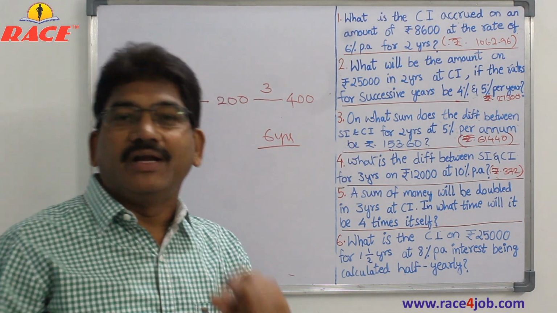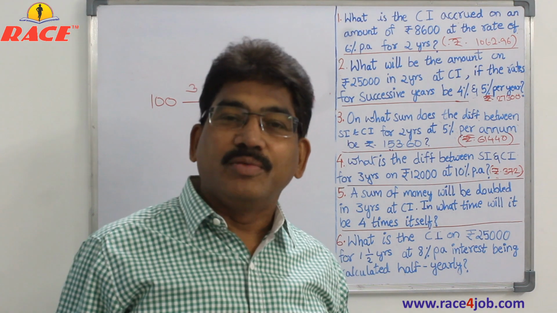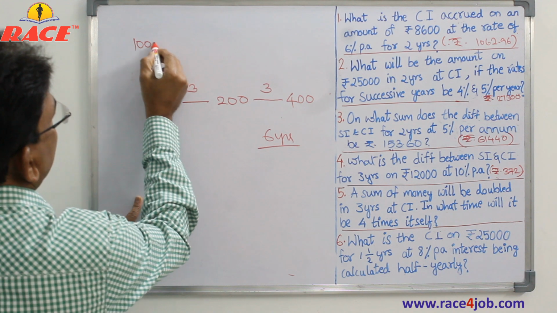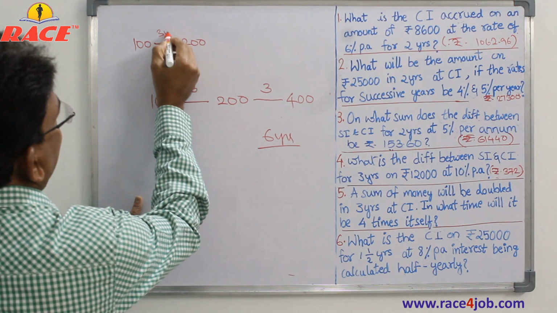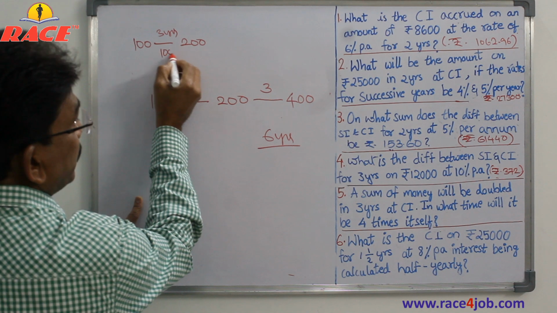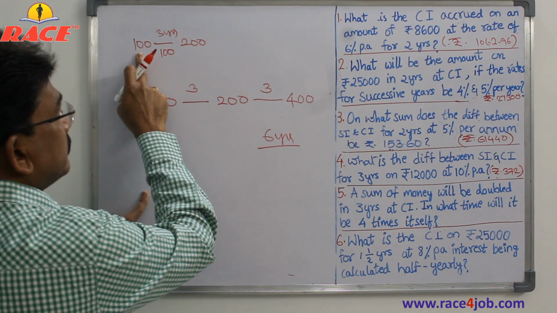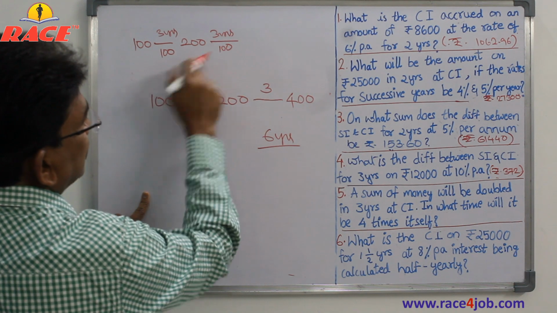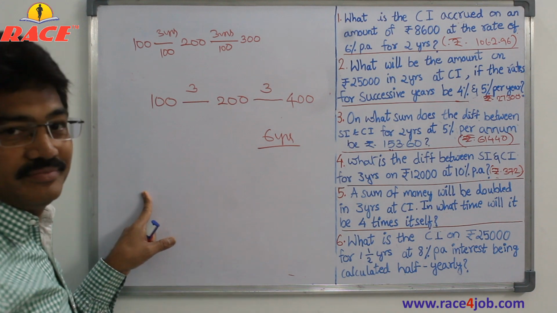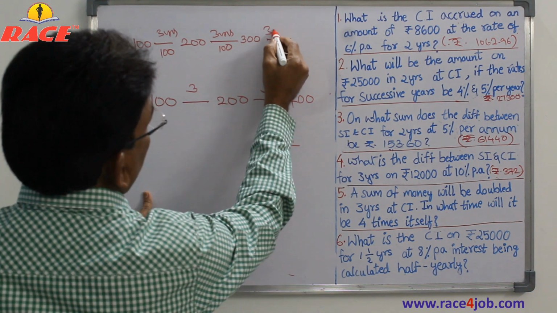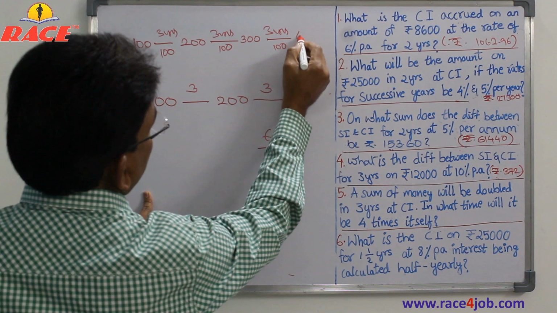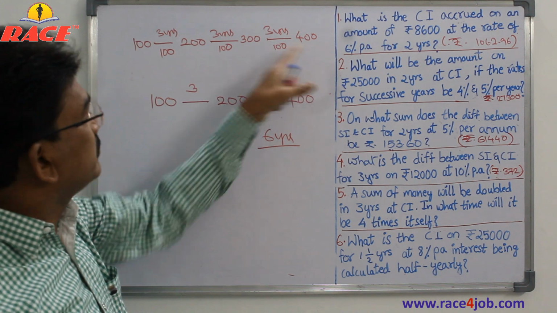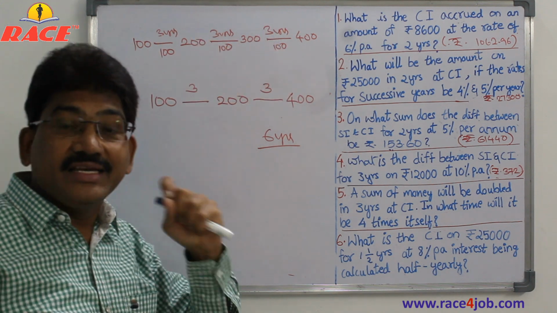Okay, if it is simple interest, in how many years does it become 4 times? Understand? 100 rupees becomes 200 rupees in 3 years. Correct? How much interest? 100 rupees. We know every time the principal is the same. So in the next 3 years also we get 100 rupees only. That means the amount becomes 300. In the next 3 years also we get 100 rupees only. That becomes 400 rupees. That means 100 has become 400, which means 4 times, in how many years? 3 plus 3 plus 3, 9 years.